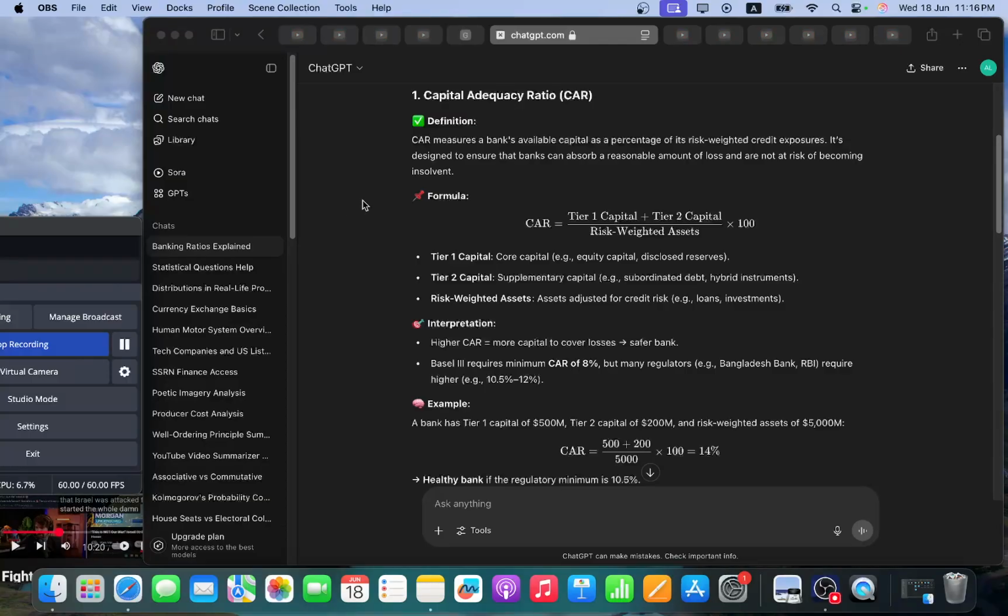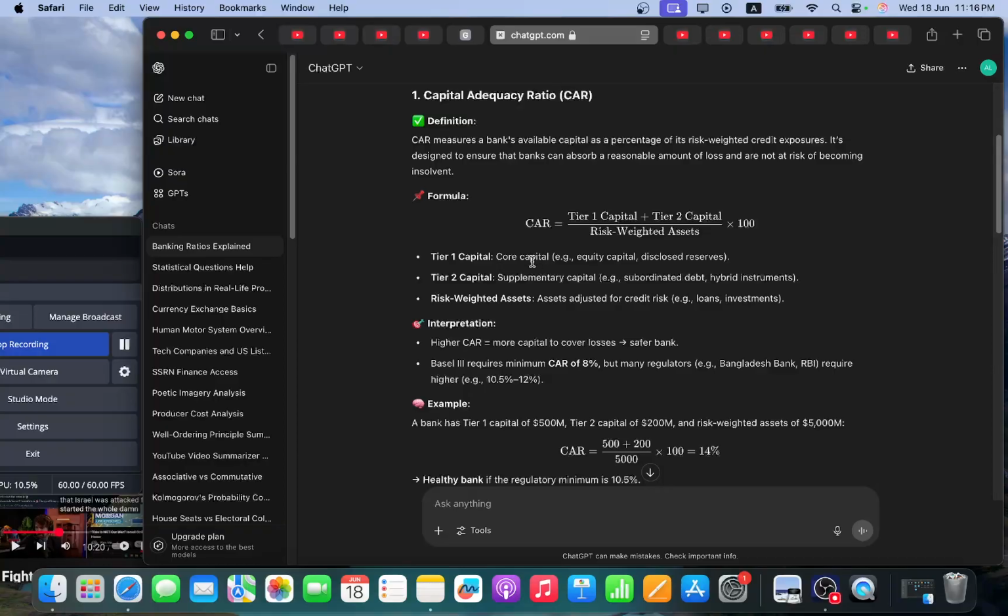So let me read the entire thing. I asked, what is capital adequacy ratio, CAR? I think I'm going to remember CAR, but not the full form. It involves a collection of tier 1 capital. Tier 1 capital is probably the most important one, and tier 2 is equally or somewhat important, we'll see.